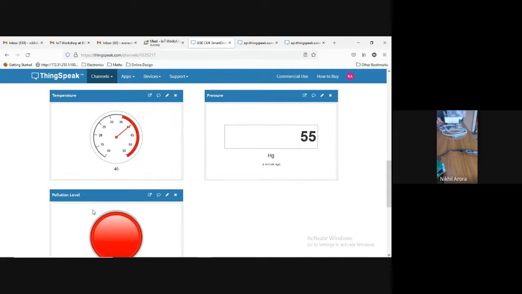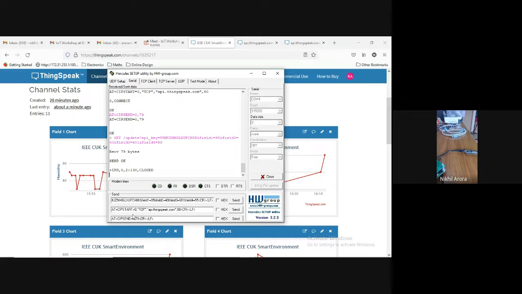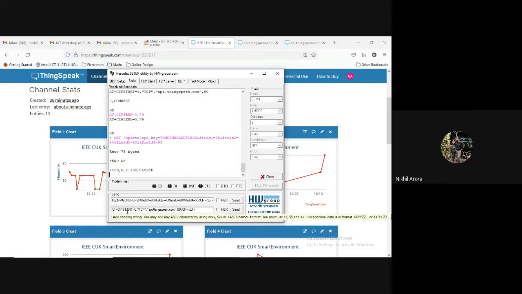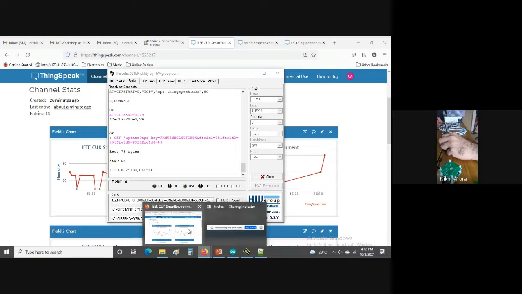And this is also now red. This is also in the red zone because your temperature is higher, pollution level also is higher. So now data has been sent from where? Actually, it's sent from the hardware, the ESP module, which I am having here. Using this module, we have sent the data.